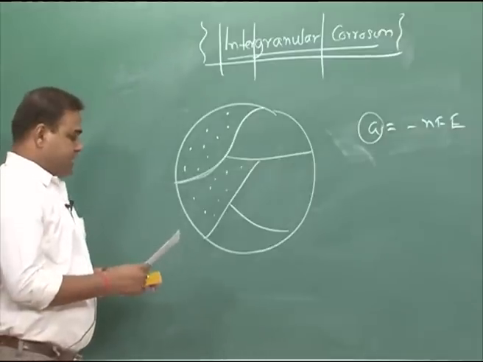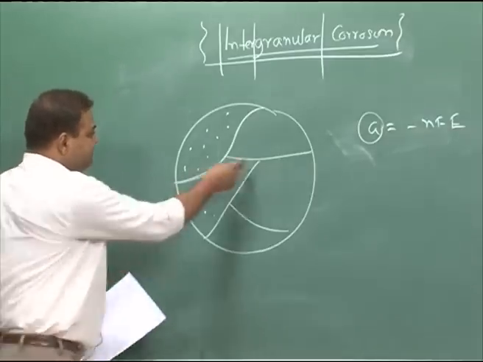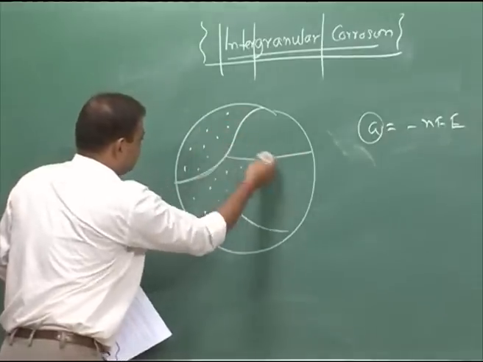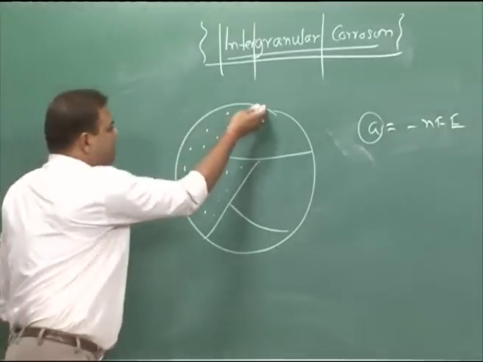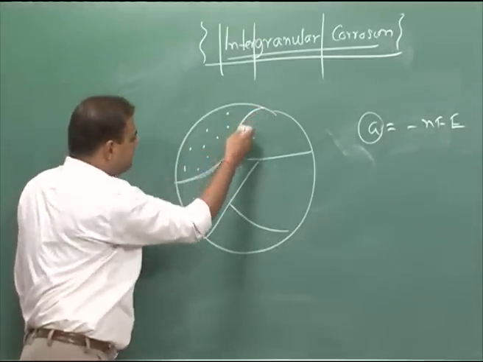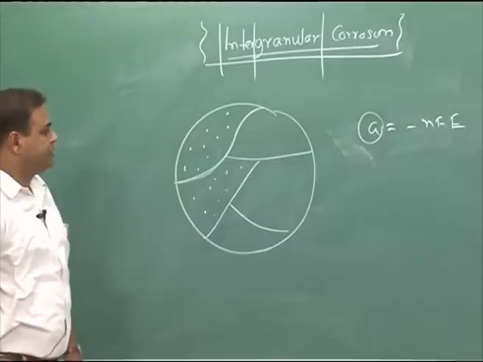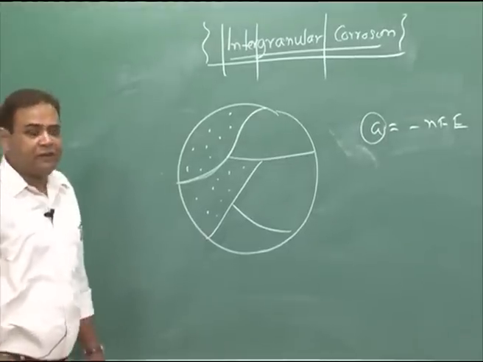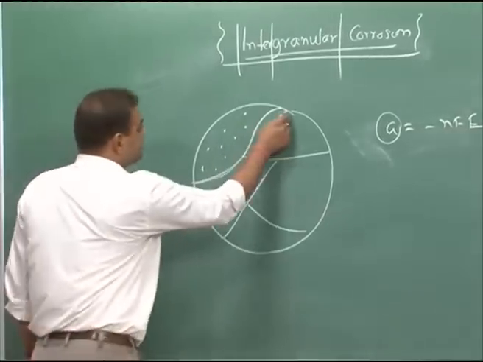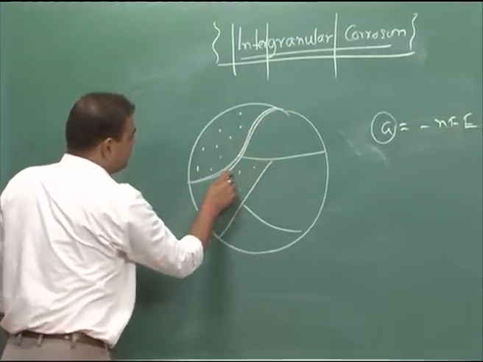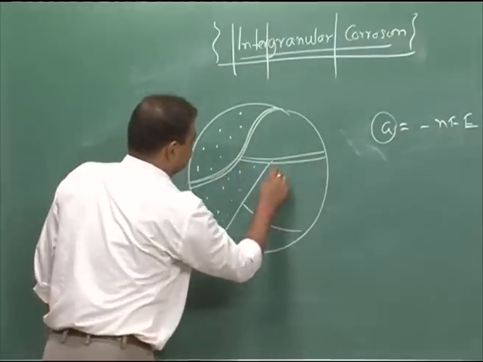So, we see that though attack is taking place along the grain boundary region as well as active zones, we do not have a very severe attack on the grain boundary. But the situation would be different if we somehow make the grain boundary zone very active